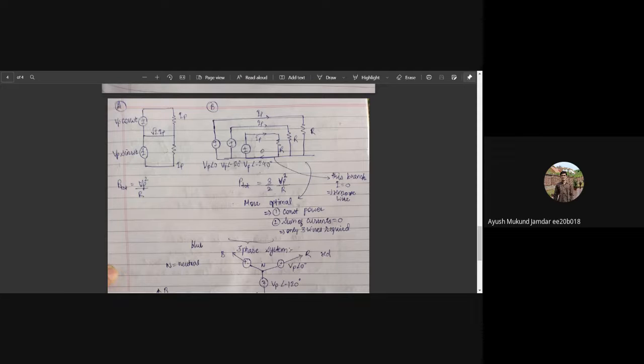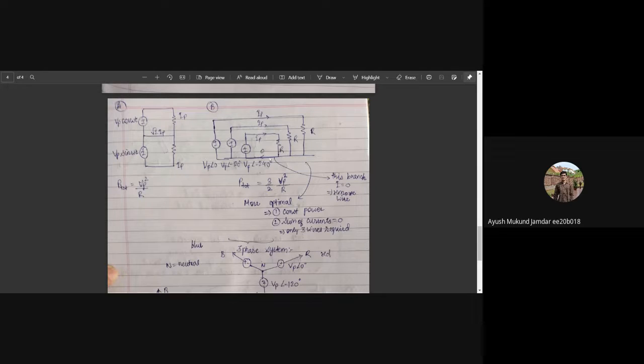Now if currents IP, that is the peak current, flow through each of these branches, then the current flowing through this lower branch will be 0, because again cos theta plus cos theta plus 120 plus cos theta plus 240 will add up to 0. So no current in this particular wire. In the A case, we used four pieces of wires, and in B case, we have to use only three wires. And we also get a constant total power in the load. So B is a more optimal case.